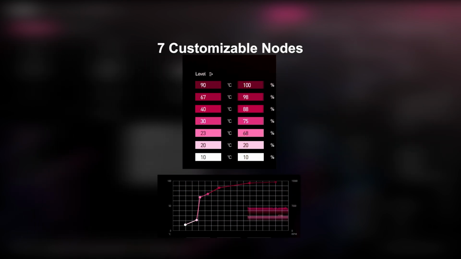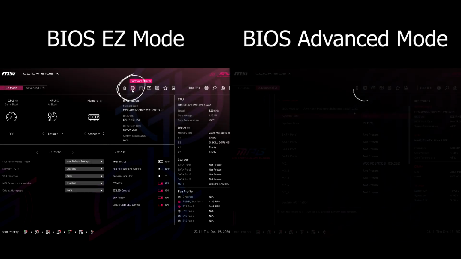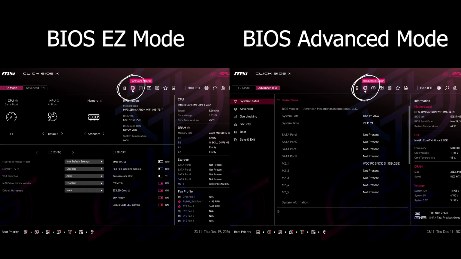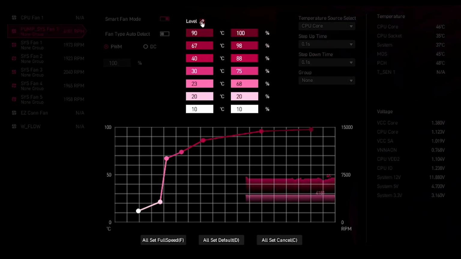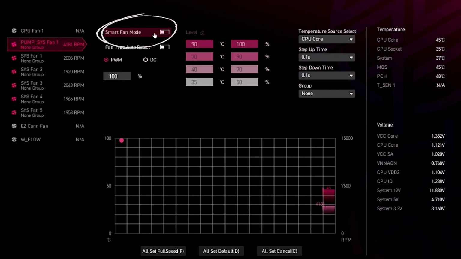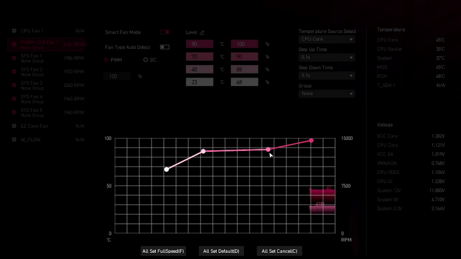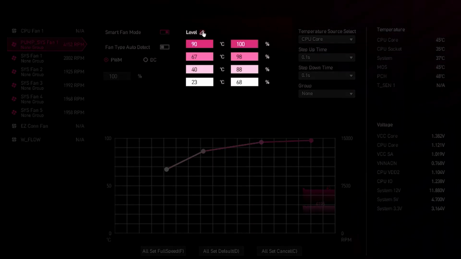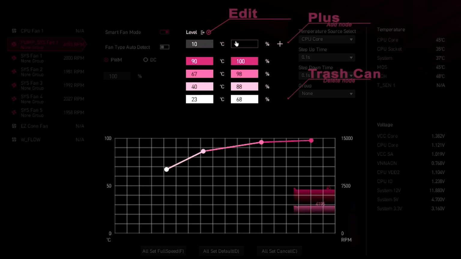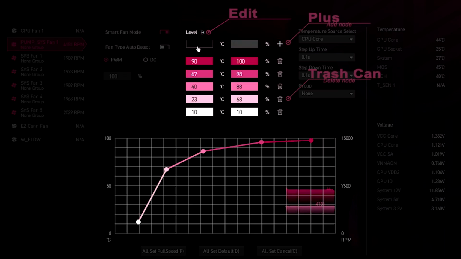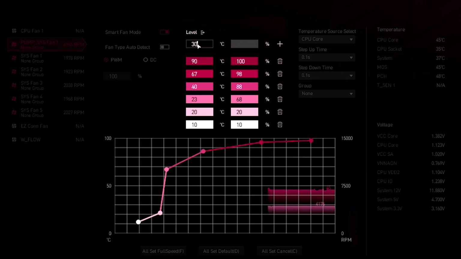First off, you can access the hardware monitor whether in BIOS Easy or Advanced mode. The new ESA BIOS allows you to customize your fan curve with up to 7 adjustable nodes. Once Smart Fan mode is enabled, you can drag nodes to adjust the curve directly, or enter specific temperature and RPM values using the Edit and Plus buttons. The Plus button will disappear after the 7th node, which should offer sufficient customization and intuitive control to even newbie